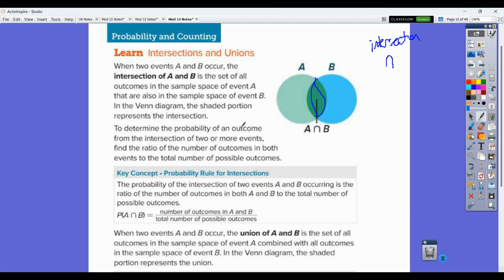To determine the probability of an outcome from the intersection of two or more events, find the ratio of the number of outcomes in both events to the total number of possible outcomes. Okay, so the number that would end up in this intersection out of the total possible outcomes that are there. And so that's shown here, and you can see that. But hopefully that makes sense as you just figure out how many fit in that event and out of everything that's there. When two events are in a union,